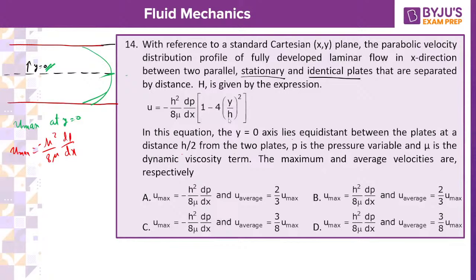You are now seeking the average velocity. So to get the average velocity, how do you get that? You calculate the discharge divided by the total cross-sectional area through which it is passing. Right? Now the discharge, how will you calculate? The discharge will be nothing but